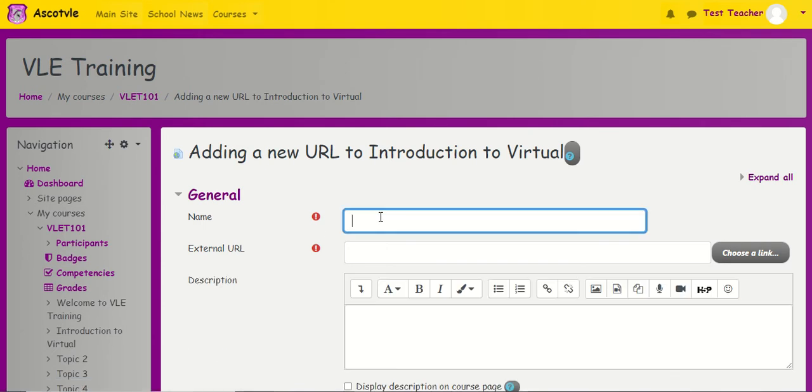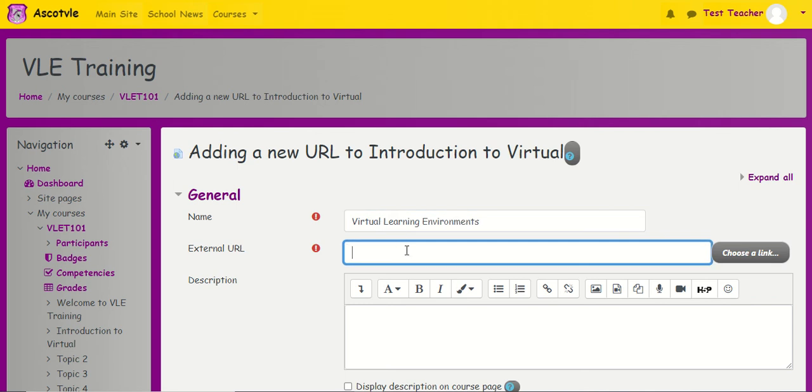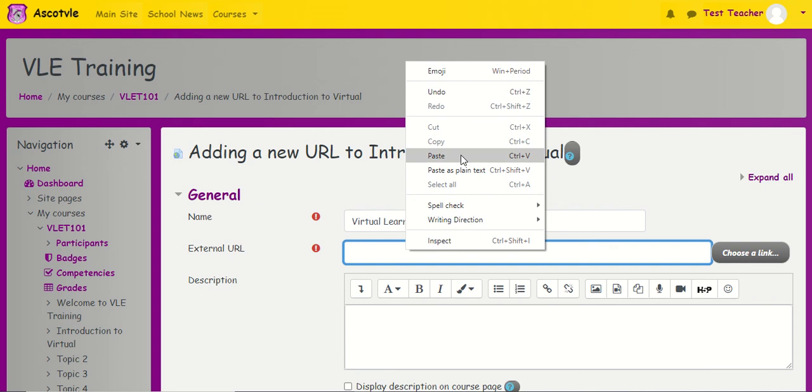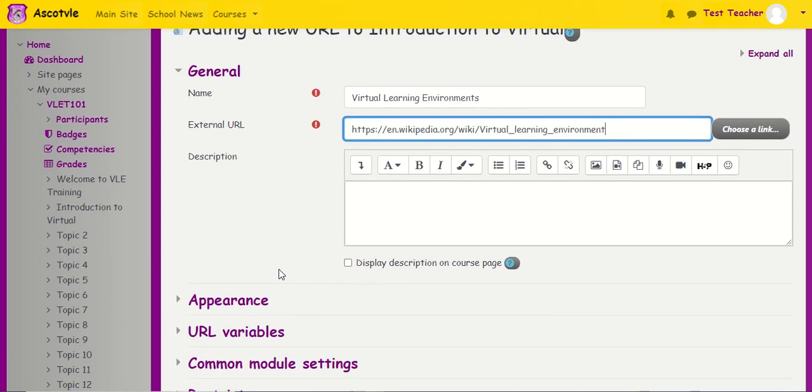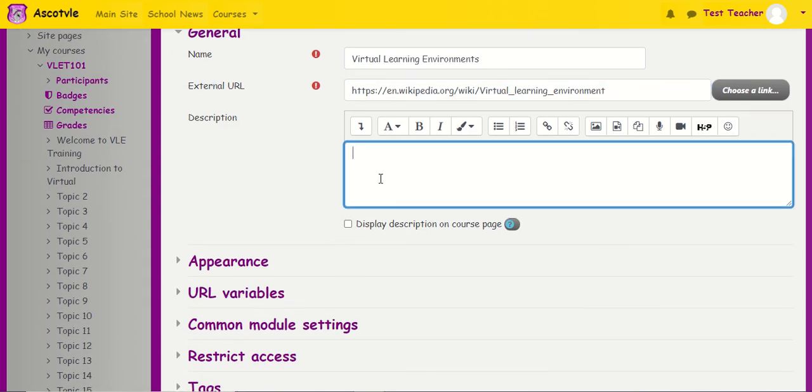This URL link is called virtual learning environments. I must put a description of the page, no, the URL link. I don't have to put a description, I apologize. I paste the link here that I copied, and I could put a description of it. This link takes you to a page that explains the concept of virtual learning